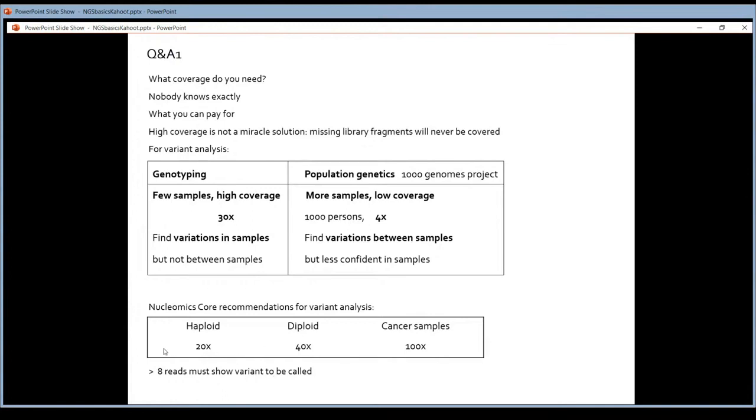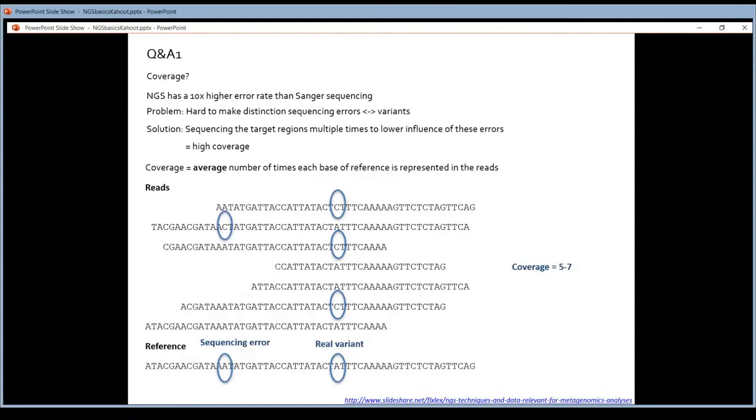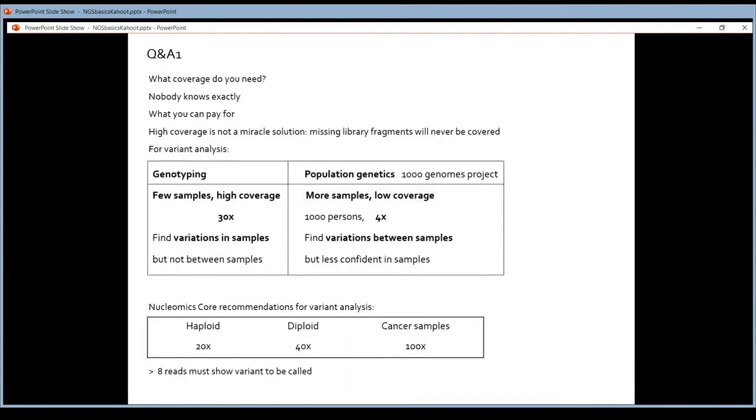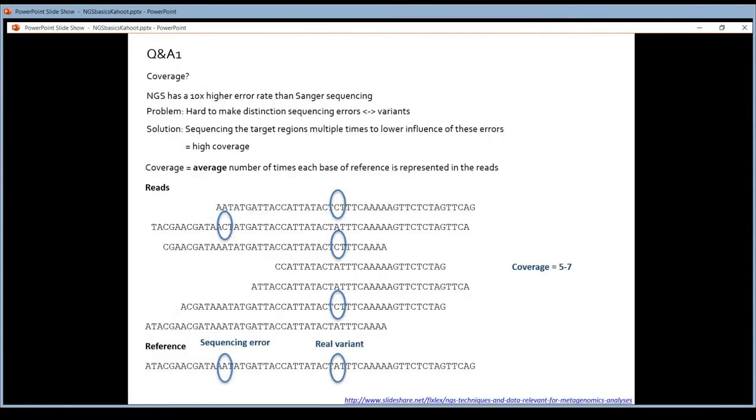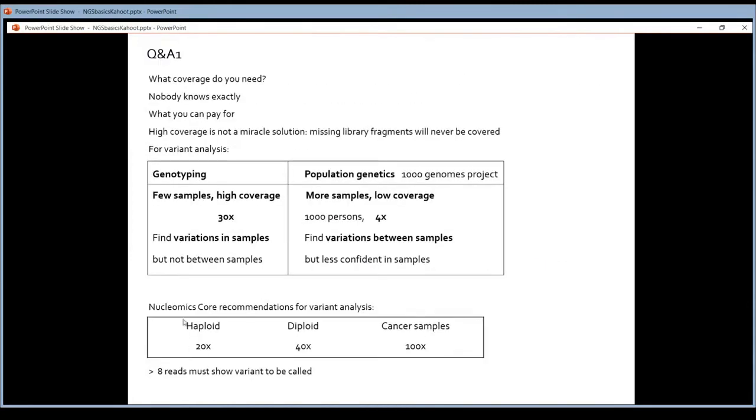What they say here is that if you want to call variants, GATK, the tool that calls variants, needs at least a coverage of 8 before it will call variants. A coverage of 8 meaning 8 reads that show a mutation, and then GATK will believe it. So it means that you need a coverage that's even higher because not every read might show the mutation. That's why they say at least 20. Then we can work with this threshold in GATK.